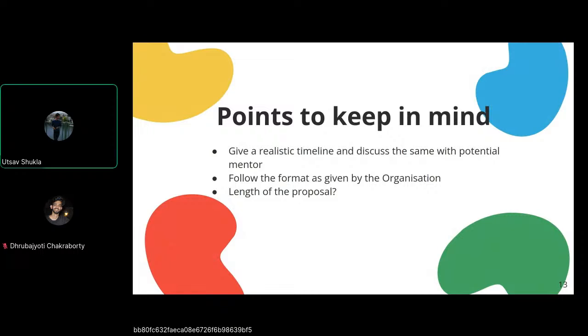And regarding the length of the proposal, this is an interesting question. Some organizations have a page limit, like 2 or 3 pages, or 4. And some organizations don't care. For example, Aussie doesn't care. You can submit as long a proposal as you want. So I would suggest that when you're making your first draft, try to make it as long and as detailed as possible. And if your organization has a page limit, then you can